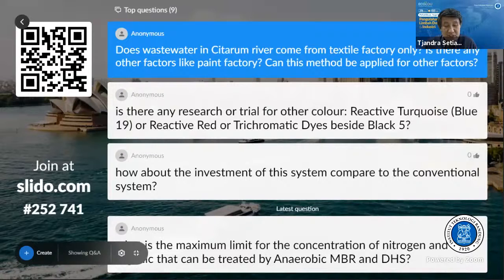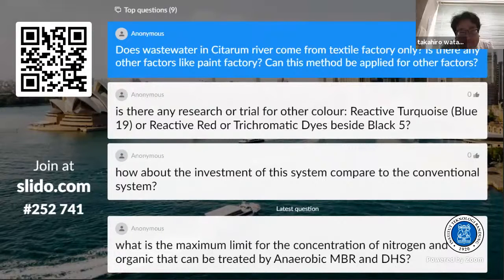That's where it will come from. Yeah, I think so. Your experiments in Bandung are only from the textile factory, right, Dr. Watari? Yes, but we have already applied it to other wastewater, of course fish meal processing wastewater in Bali,